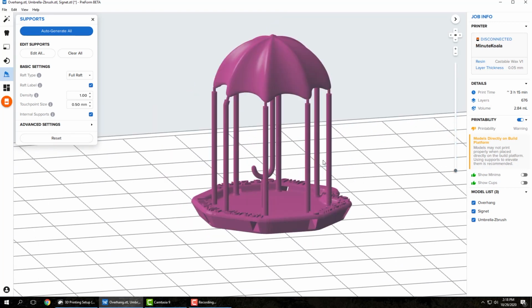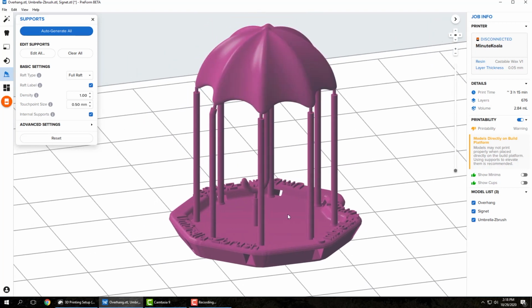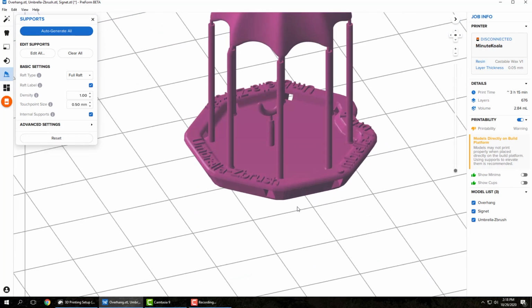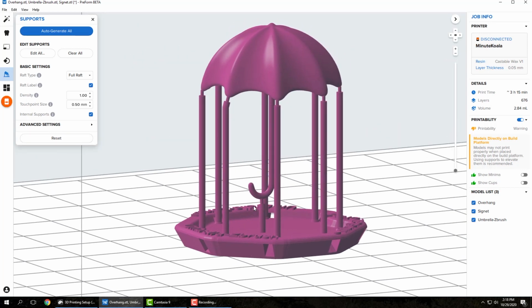So when we were talking briefly about the printing process, we mentioned a couple things. Surface area. In PreForm, by default, it will install this raft. Pretty nice, it actually puts the name of the file on the actual print, so that's a nice little addition. But this is quite a bit of resin to use. So you do have the option here under your support settings to do a full raft, which is what this is, or mini rafts,